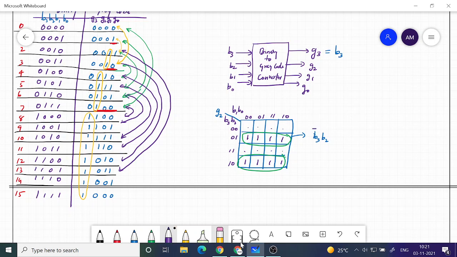B3 is 0 and B2 is 1, so that is the term corresponding to this group. And then I have another group where I have the opposite, that is B3 without bar and B2 with bar. Therefore I got the expression for G2 as B3 XOR B2. The sum of these two terms is basically the XOR gate operation. Is that clear?